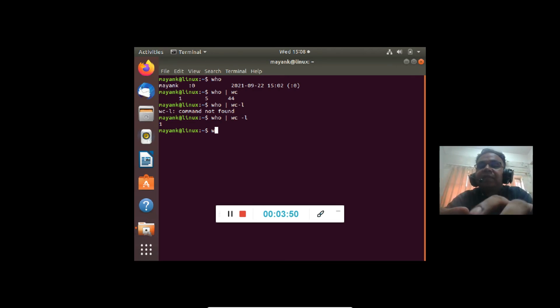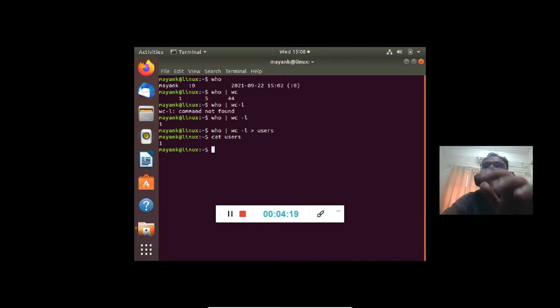For example, if I write who pipe wc minus l greater than users, a file users will be created, and the output of wc minus l, which is 1, will be given to users. And if I cat this file, meaning if I wish to see this file, it will display 1. So this is the basic difference between a pipe and a redirection operator, and this is how we can use the who command and the word count command.